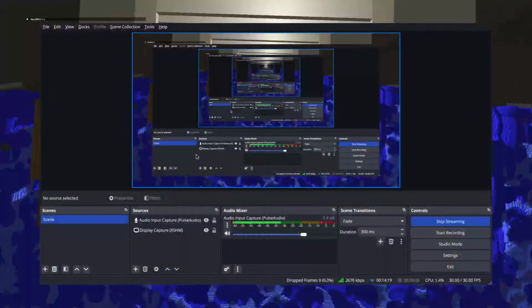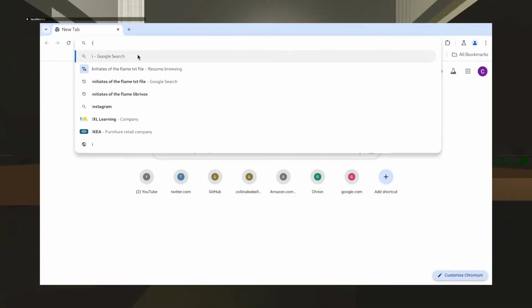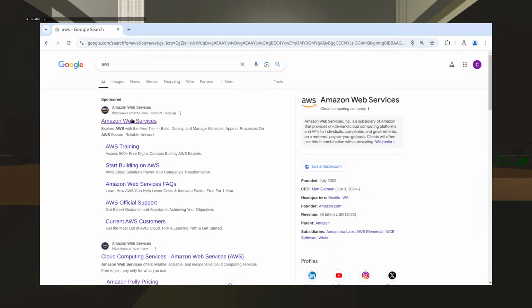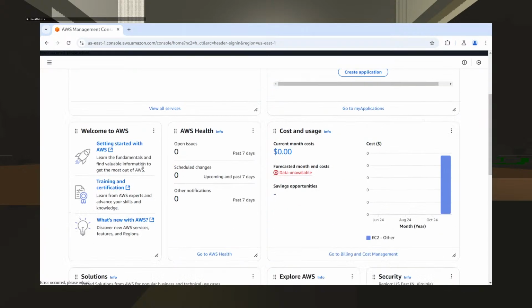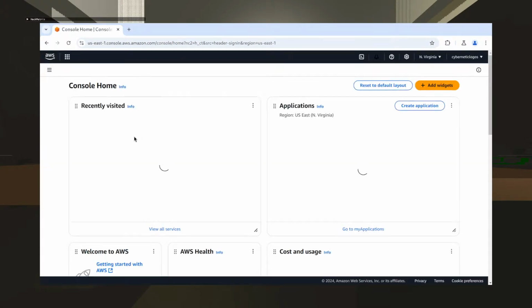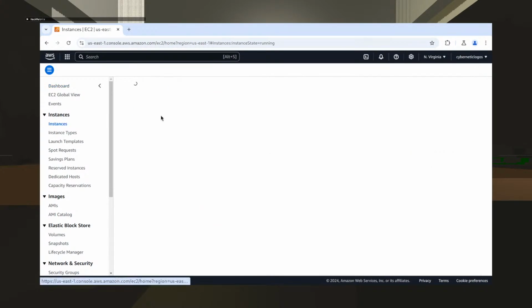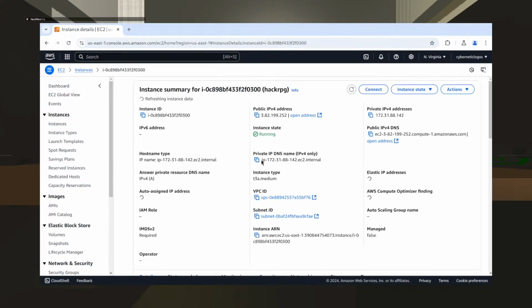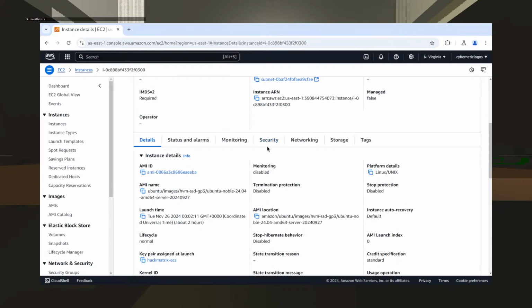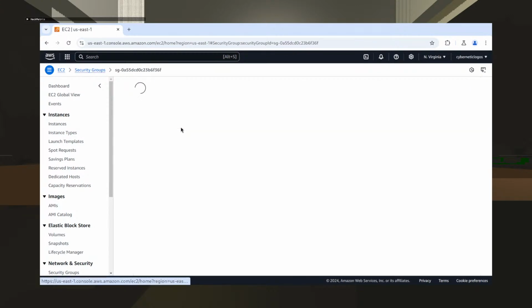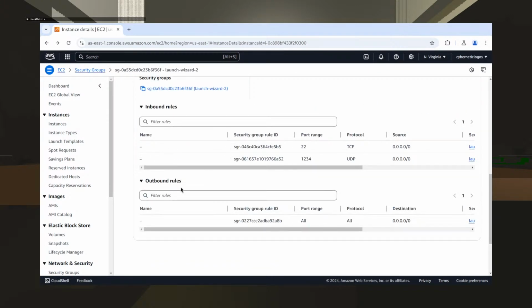Maybe there's an outgoing issue. Does it allow out everything for a VPC? I mean, it might, but I'm not entirely sure. Outbound rules, all. Okay, that's what I expected.